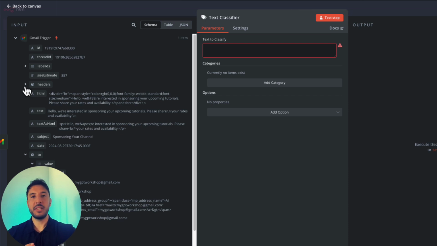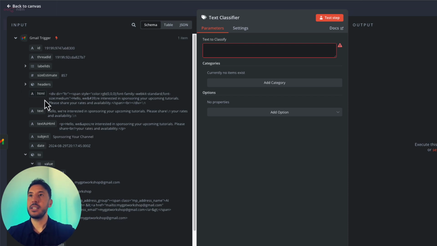If somebody's sending you a lengthy email, you want this text classifier to analyze the full body of the text, understand what this email is about, and therefore provide the proper label that we're going to categorize in a little bit.